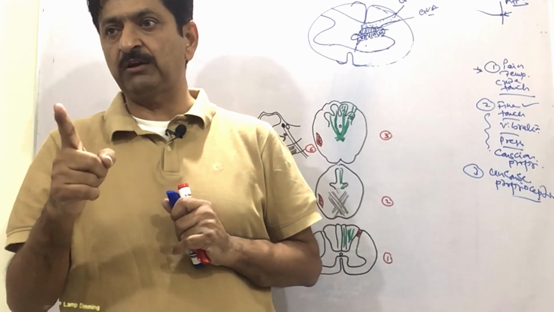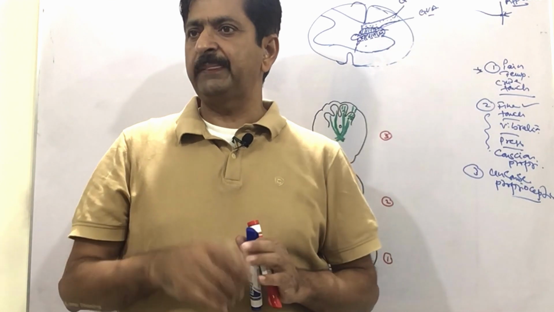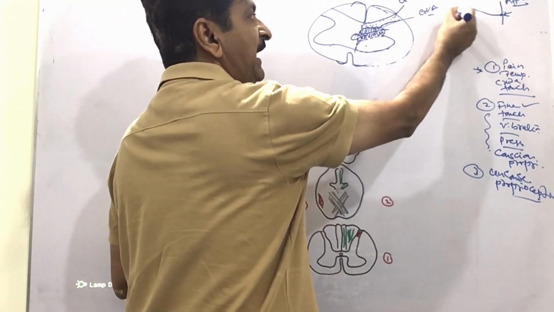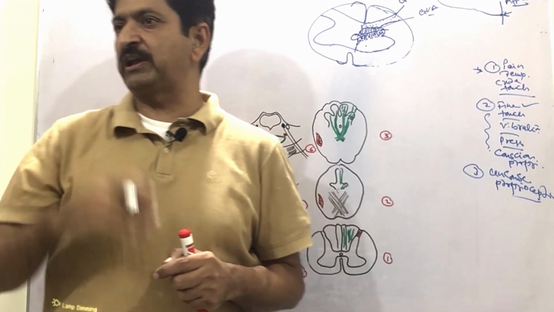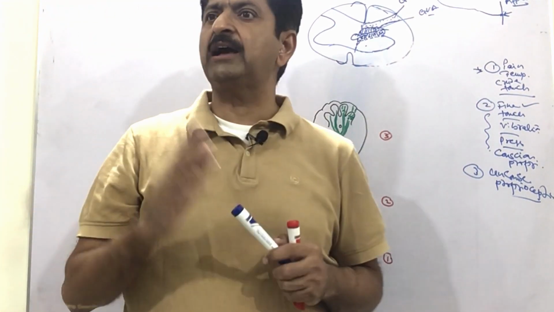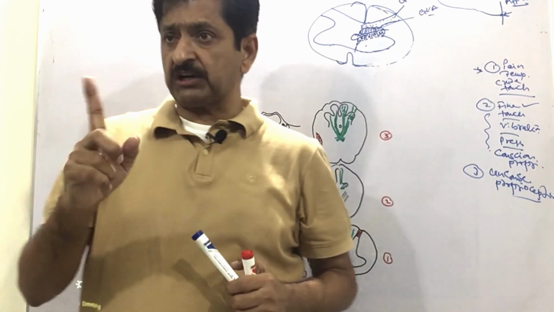This is something which you know is called the first order neuron. Otherwise, all first order neurons are present outside the central nervous system, in the form of, you know that already, ganglion. This is called sensory root ganglion, or dorsal root ganglion, or posterior root ganglion. And here these neurons, first order neurons,